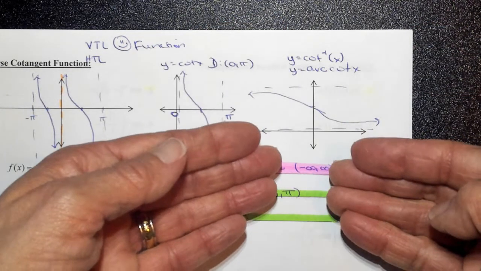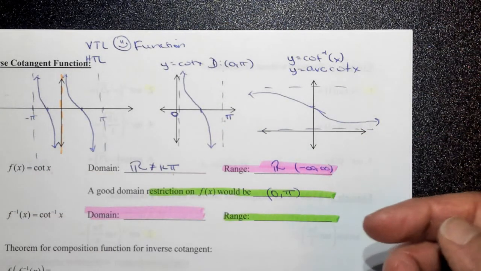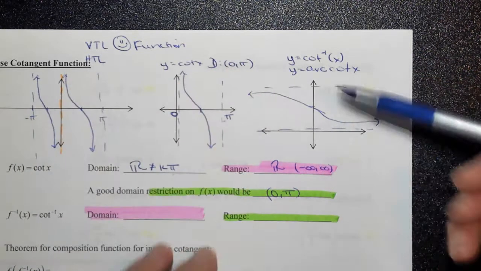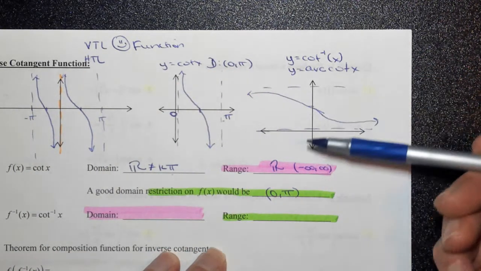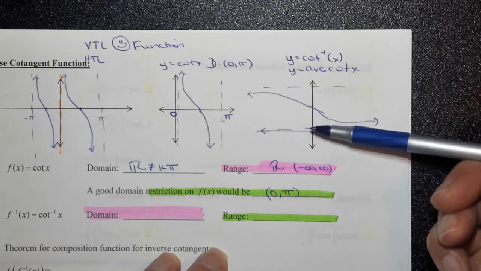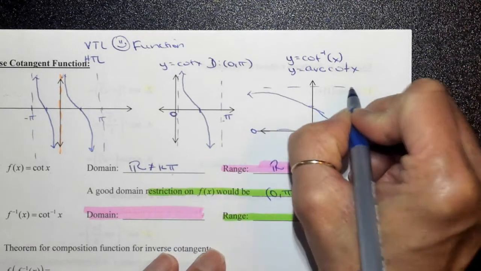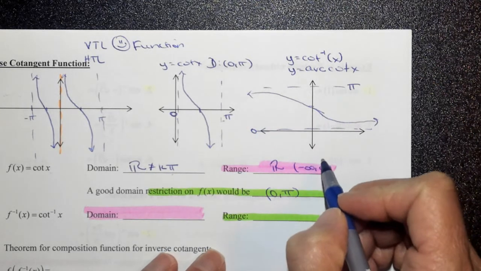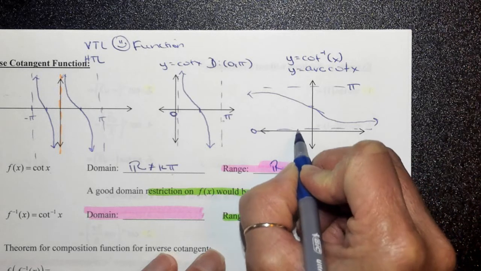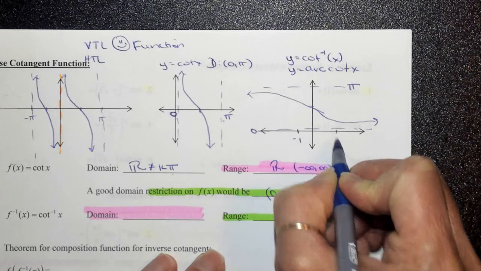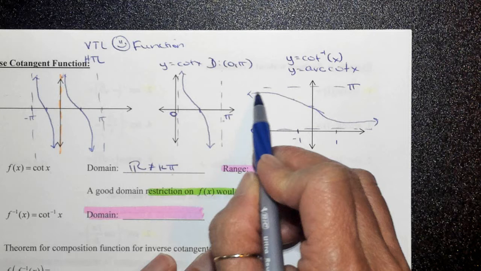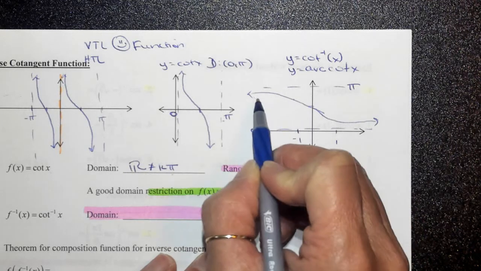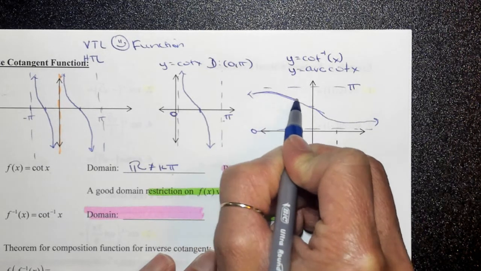And if you recall, the inverse tangent was going from negative pi over 2 to pi over 2. So now this is going from 0 to pi. Okay, and we have our key values, again negative 1 and positive 1, but they're just key values on the graph. And this is sometimes challenging to sketch. Okay,